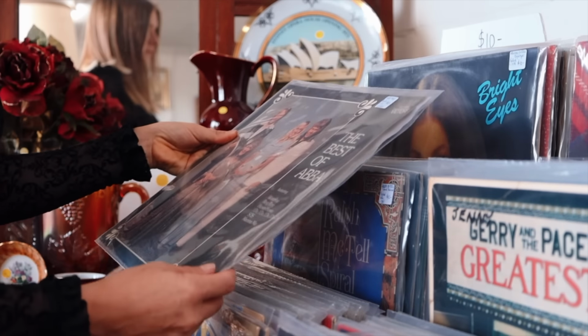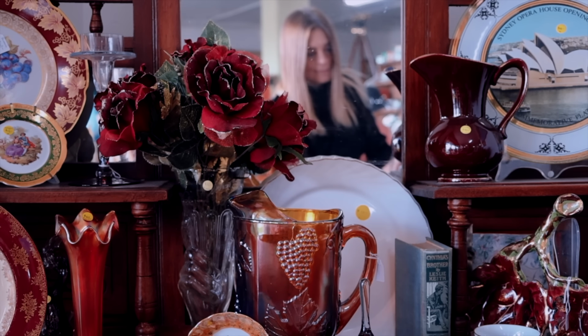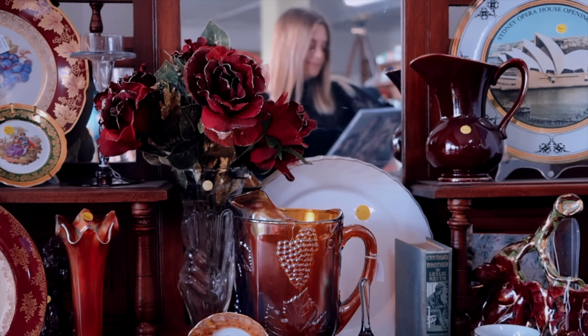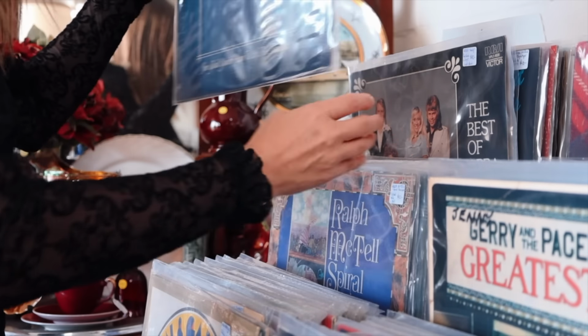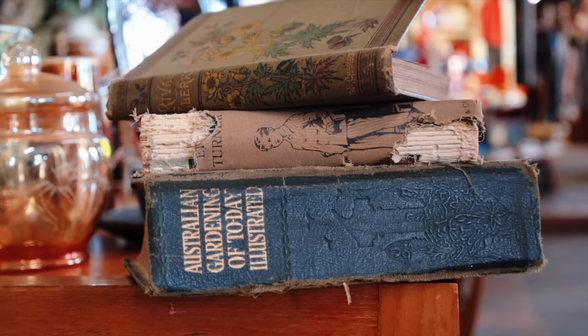It is easy to get distracted by things from the 60s and 70s, but when this happens, I just ask myself, would Mary Shelley have listened to ABBA? No, Nancy, I don't think so. Pop it back. The next tip, so as not to get overwhelmed, is to focus on a small colour palette